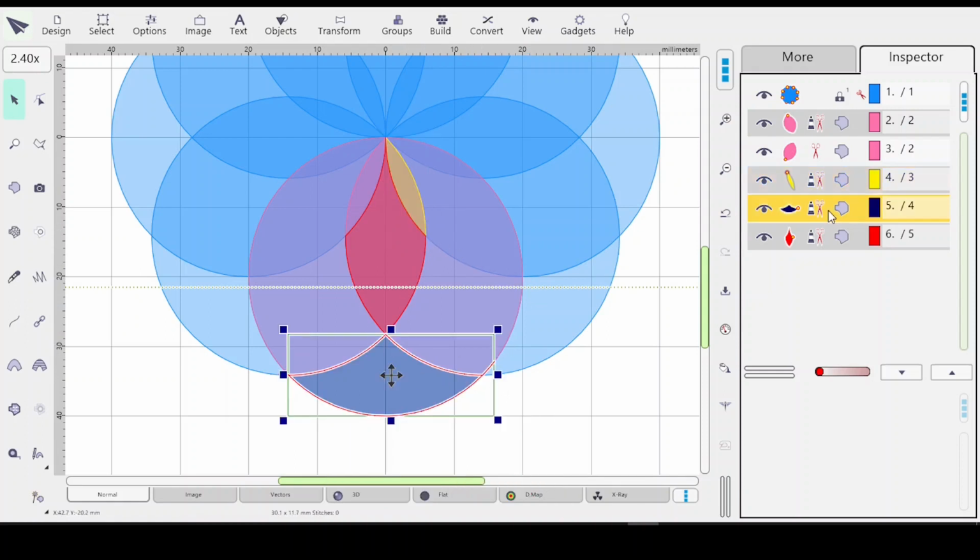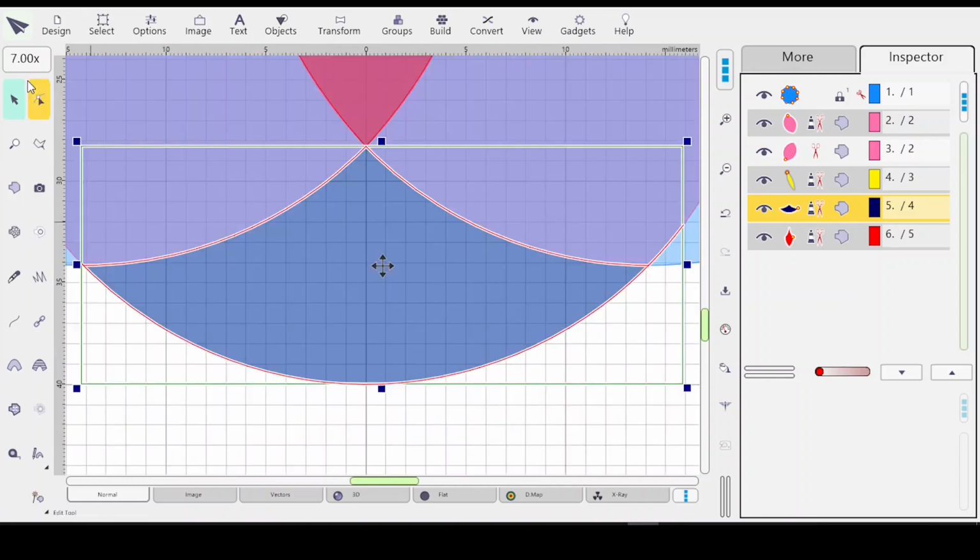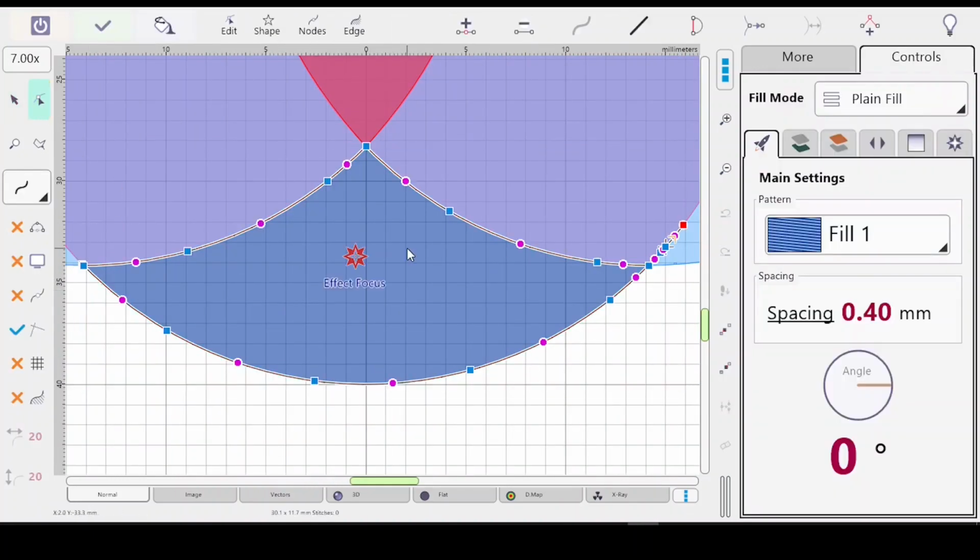So let me fix the blue one. See, this is hard. It's like one of those pictures. They say, okay, stare at this picture. You know,